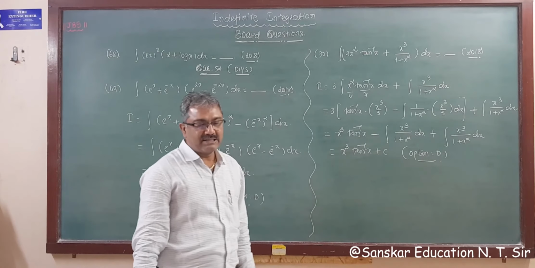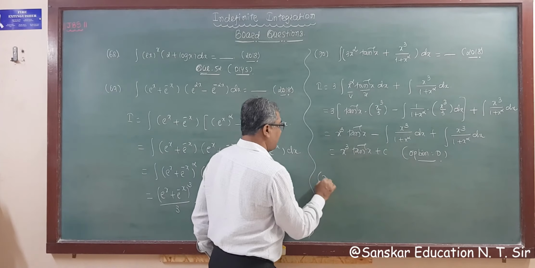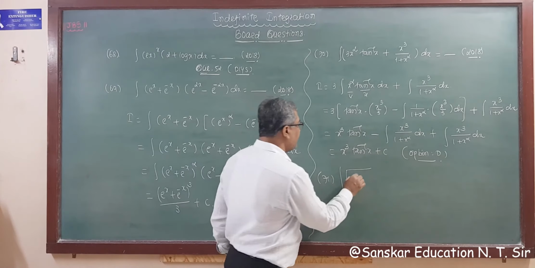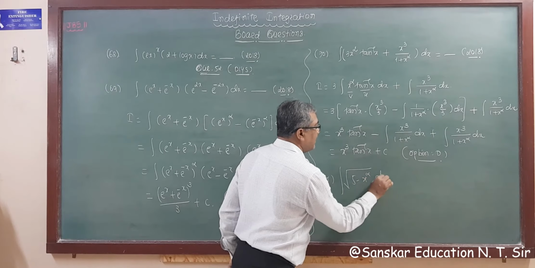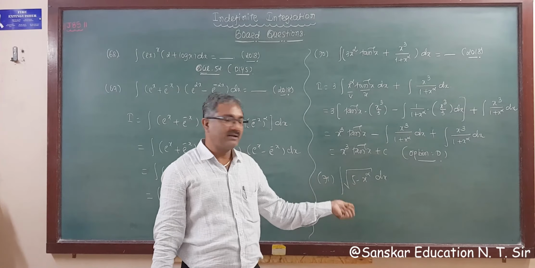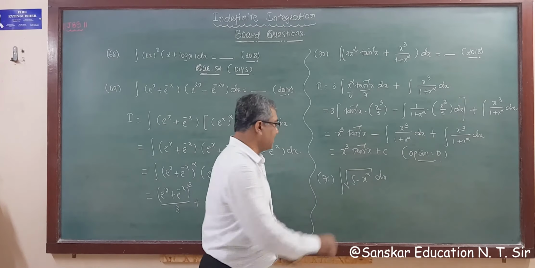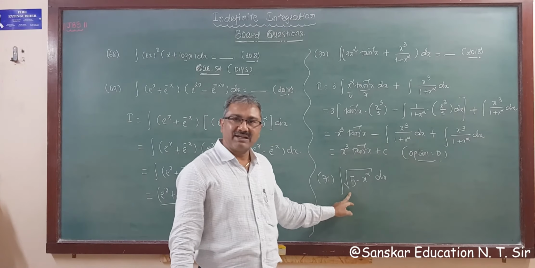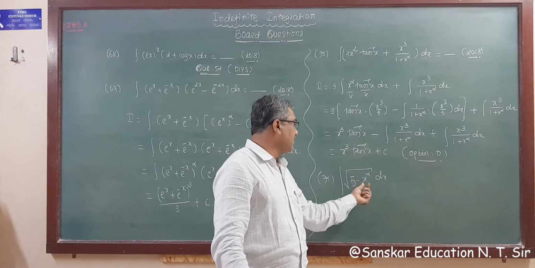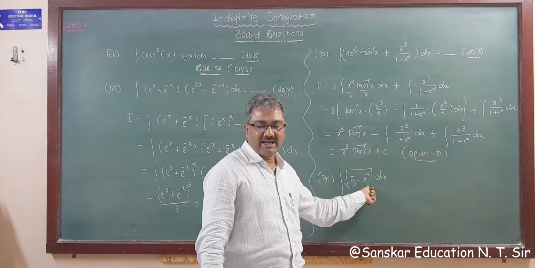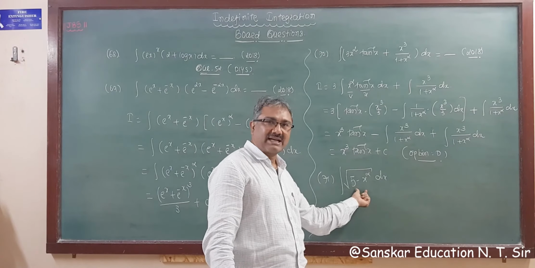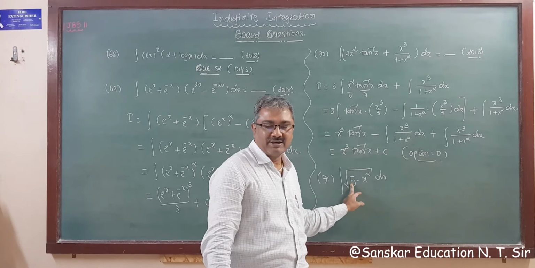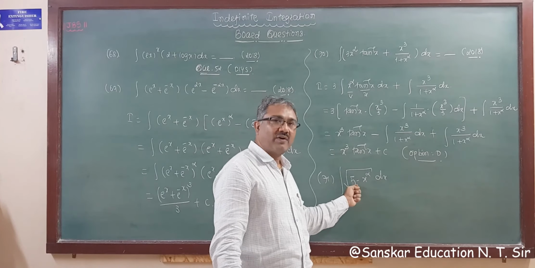Right? So the next question is a very easy question. I'm writing here 71. You can do it yourself. Integration of root of 5 minus x square dx. No need to say anything. Root a square minus x square formula. This is 5, right? So it is the root a square minus x square formula, with the sin inverse formula. So x by 2, the answer will be x by 2 under root 5 minus x square. Now a is plus, so plus a square by 2, that is 5 by 2 sin inverse x upon root 5. That is your answer.